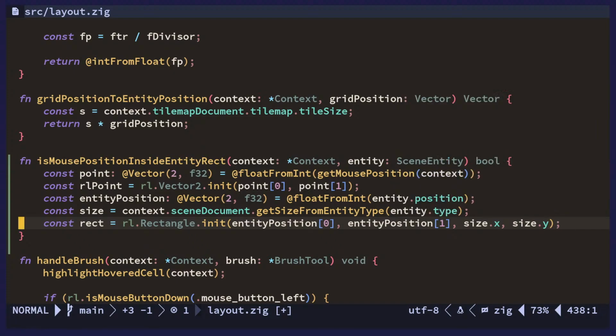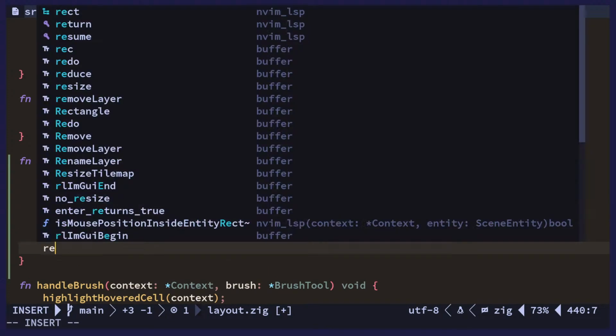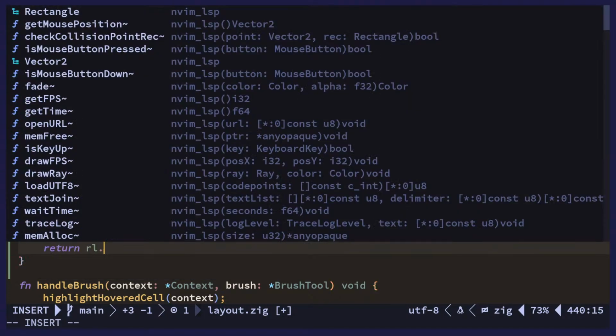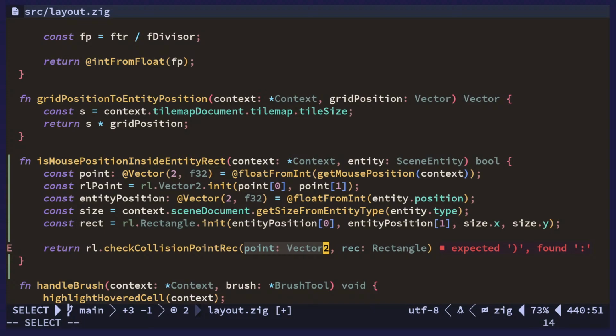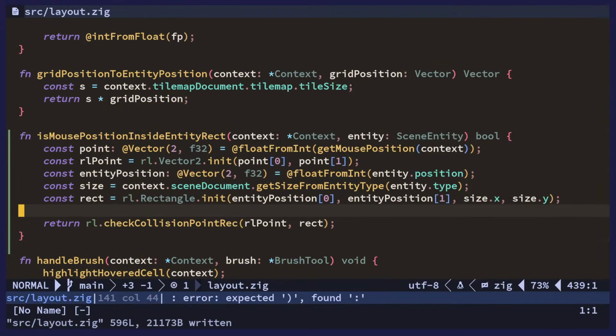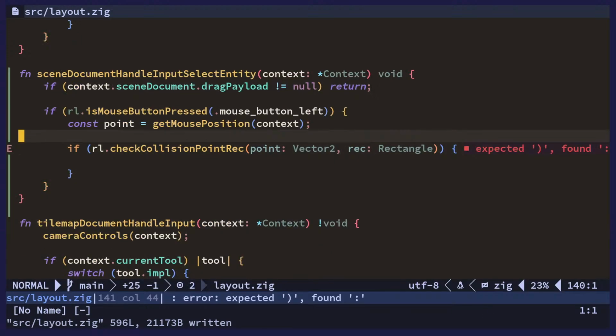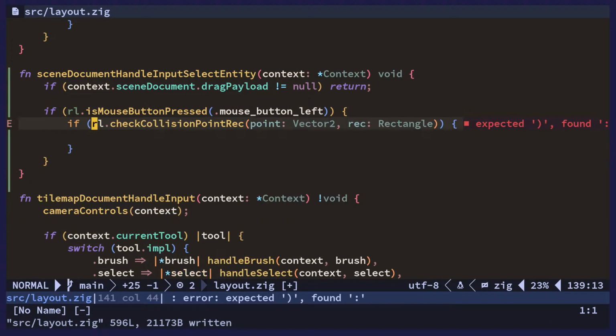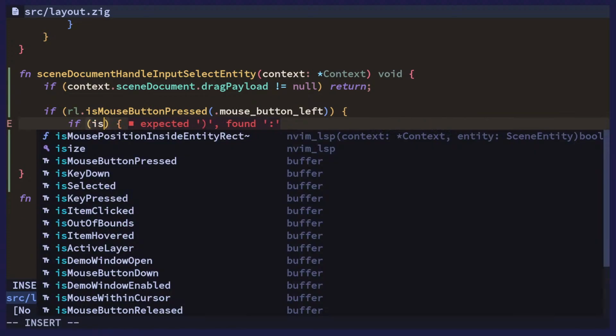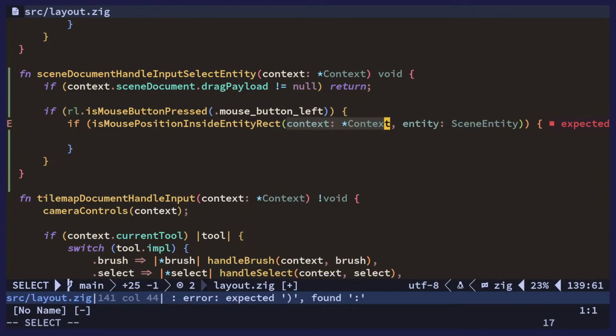Okay, and there's probably going to be some origin shenanigans that we need to fix here as well, but now we can just return check collision point rec. So let's give our point and our rectangle there, and let's go back here, and instead of doing this, we can now call this mouse position inside entity rectangle,